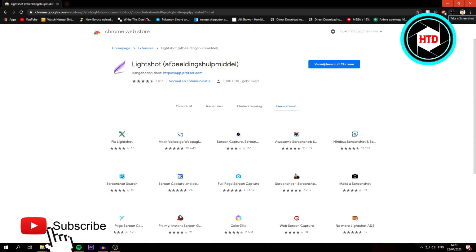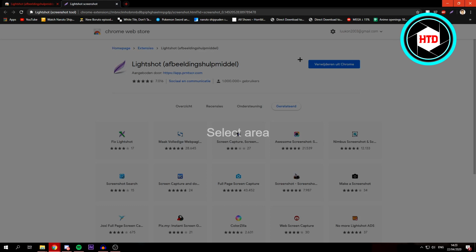And if you want to use it, for example, then click on this icon right here, and it says take a screenshot. Click on it, select the area you want. So I want to screenshot this, for example. Do this, and then you can either save it, copy it, or immediately print it or share it maybe, but